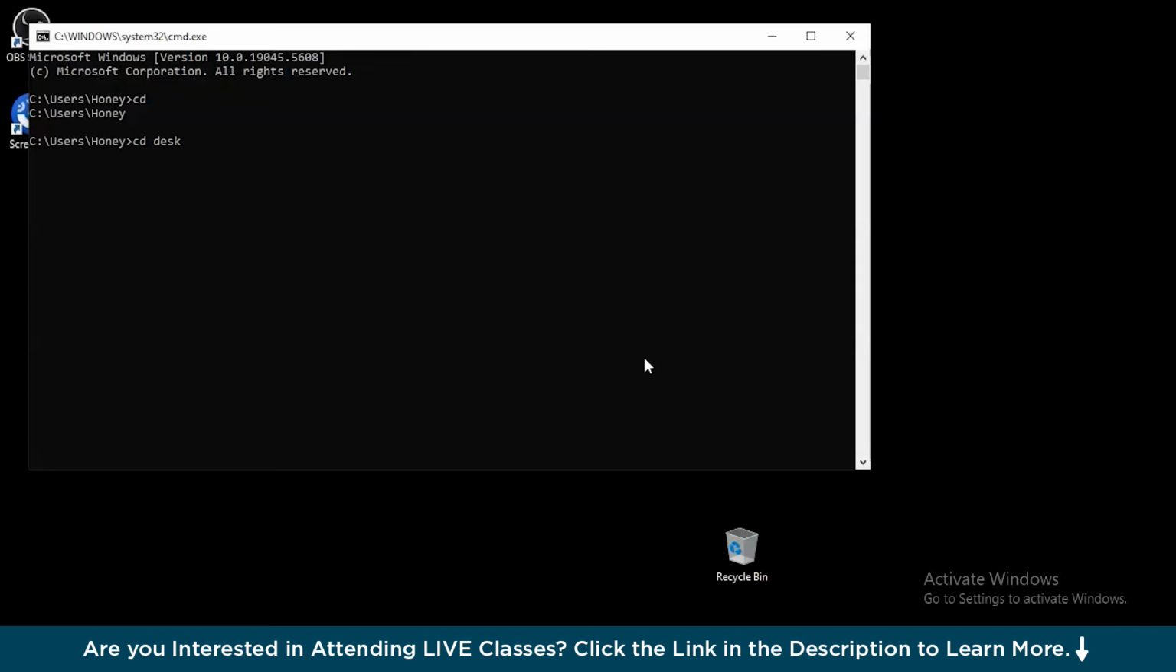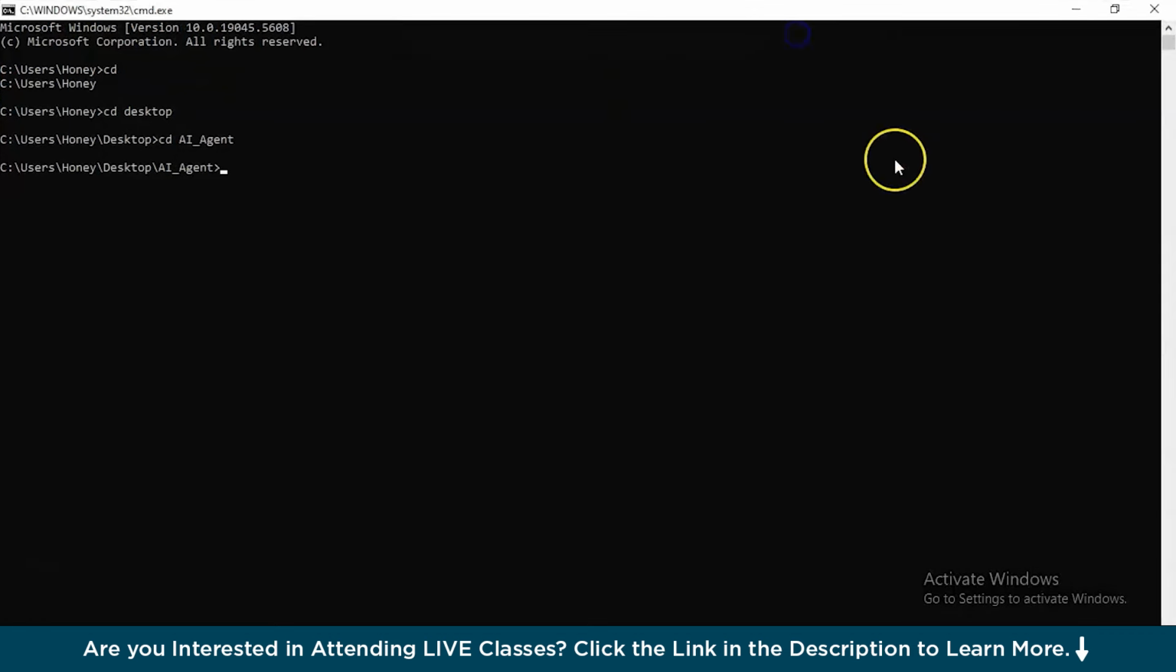So this will change the directory to desktop. And here on the desktop, provide the location of AI agent. So I have used an underscore AI underscore agent. You will be inside this folder now. Yes, there you go. Now you will need to execute some commands where you will install web UI or browser UI